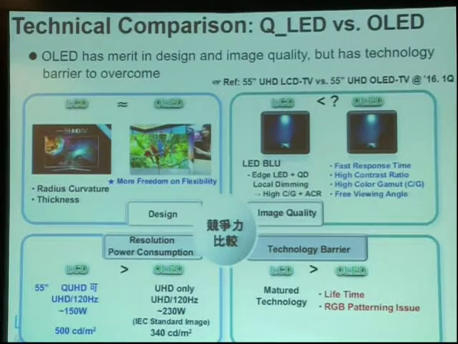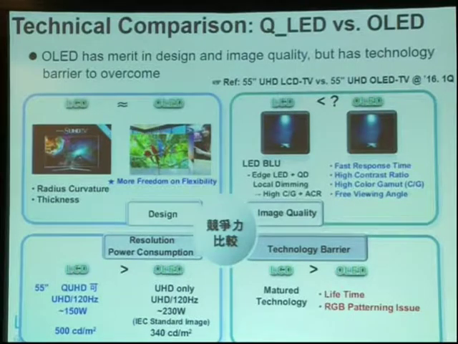The key will be the wide color gamut. Absolutely, the wide color gamut of OLED is higher than 110%. By the way, QLED is taking the quantum dot pillar, the second generation of the QLED. I will show you the slide. And then the color gamut will be higher than the OLED color gamut, I think. As for resolution, the technology of OLED almost levels up to the LCD resolution.